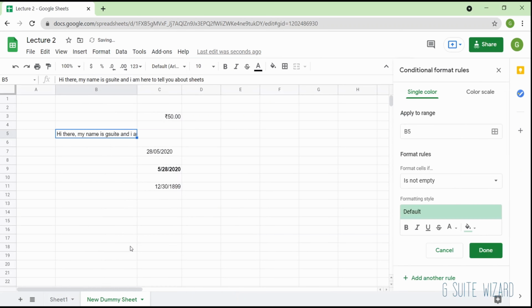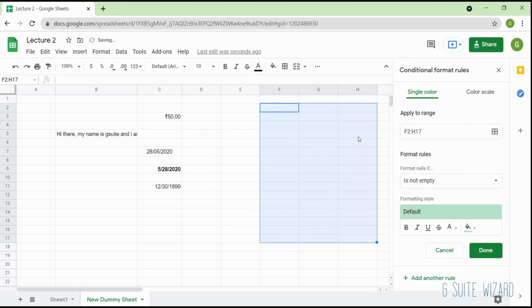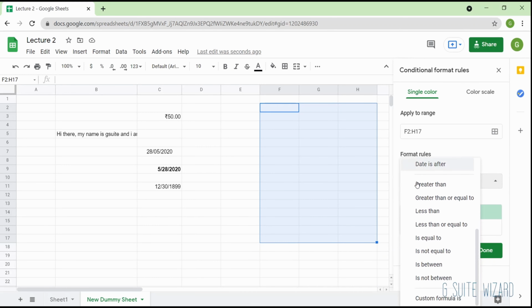What conditional formatting does is it will highlight the cells which have a property that you're looking for. Okay, so let me just select a range. I will select this range, click on OK. And in the format rules, I can choose from a different set of values that were given. I can also write a custom formula.